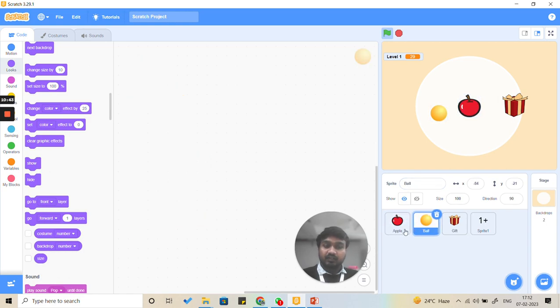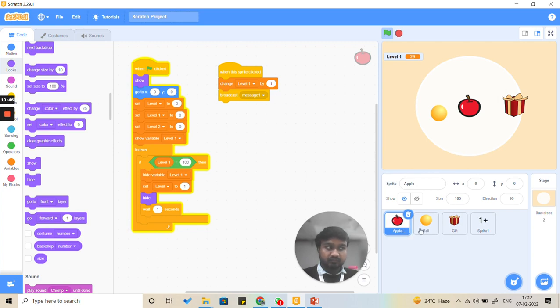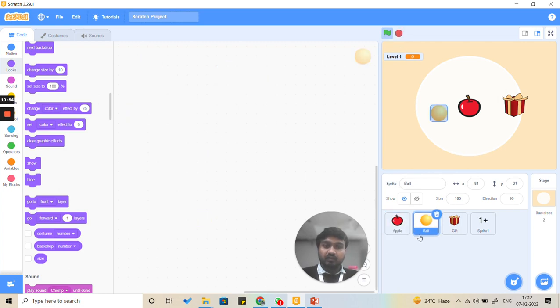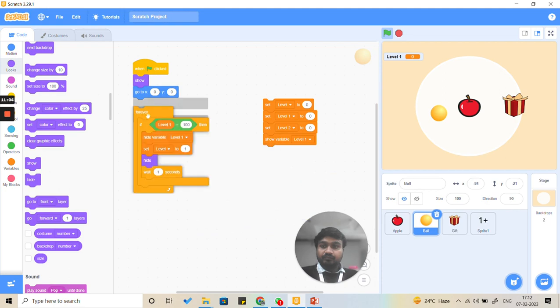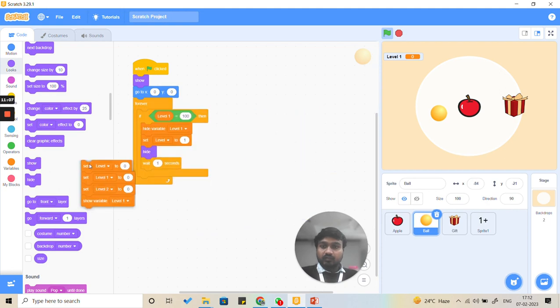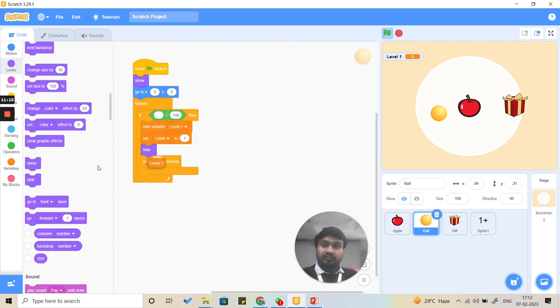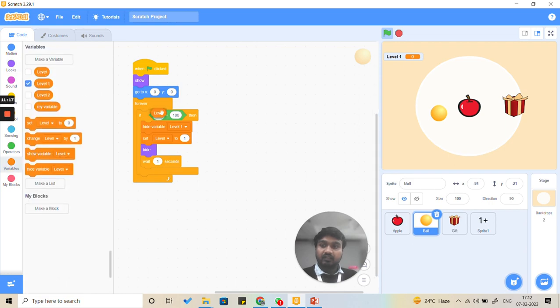Now next we are going to write the code for the ball. The code for this is also going to be similar to that of the apple. So we can copy the same code. We can copy the apple code and insert it here. But here we are going to do some changes. What changes are we going to do? These values are already fixed, and instead of level 1 here we are going to keep it as level,